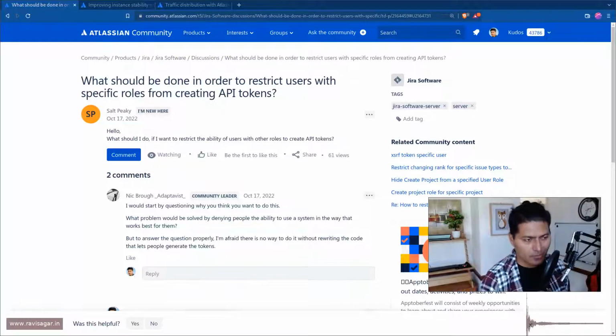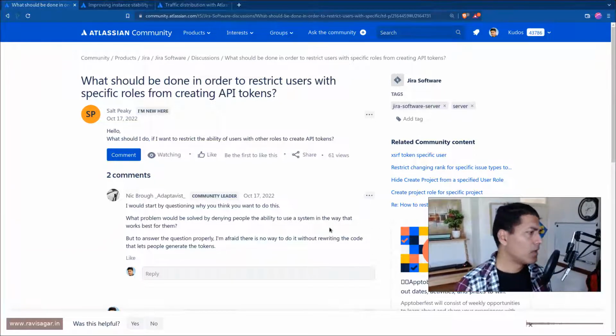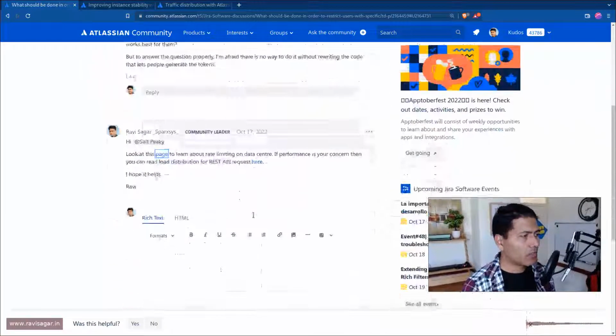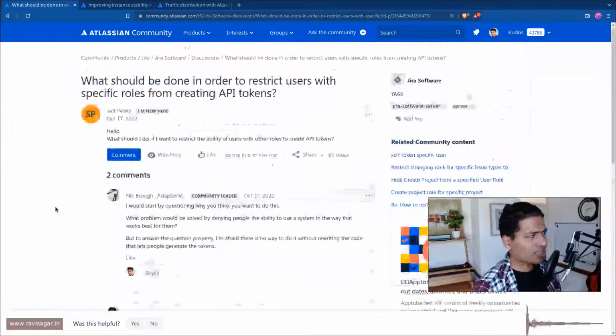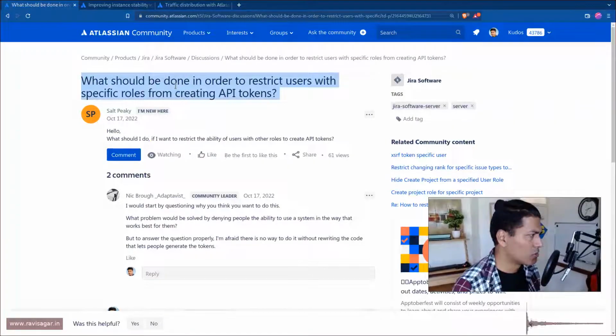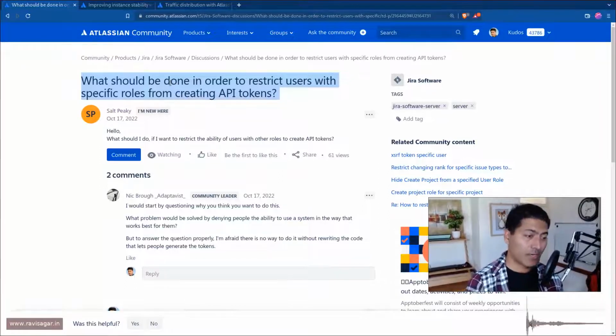So based on my understanding, based on my knowledge, it is not really possible in the tool at least. You can't really stop anyone from using REST API. But of course, what all they can do using REST API is anyways defined by the permissions and the security that you have configured. However, what you can do is, first of all, I think this particular question, or if you're thinking about restricting it, then